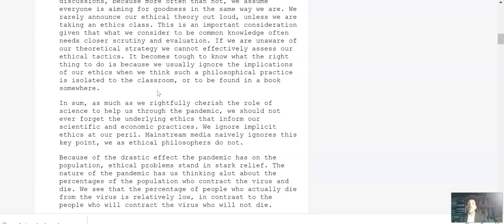In other words, students often think that philosophy is a bunch of theoretical mumbo-jumbo, and they forget that the way that philosophy is getting us to think is that it's a way in which we organize our practice. In other words, it's the way in which we organize our understanding of how it is that we're working ethically in the world, okay? So in sum, as much as we rightfully cherish the role of science to help us